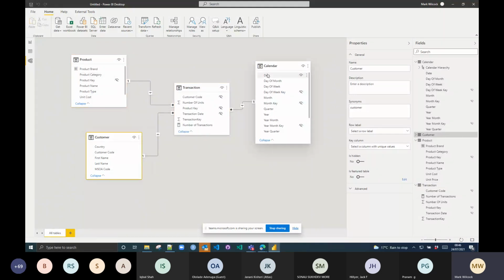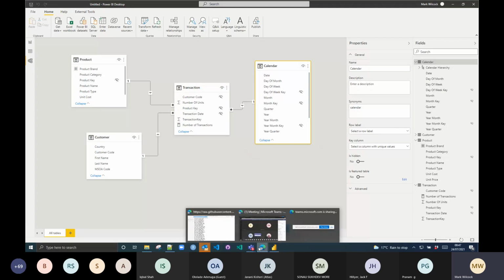customer, and calendar. But the thing about our customers is we've got a very detailed map point, geographical point of where they are, but that doesn't tell us much about the region of London, which part of London they live in. So again, what I'm going to do is I'm going to come back to my data here,